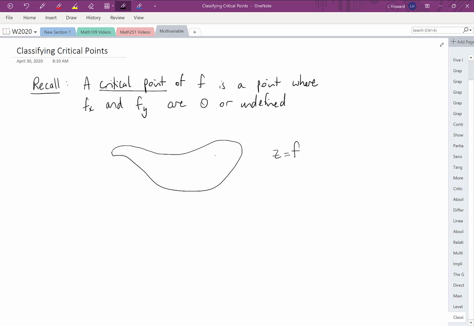And suppose that we've found some critical points. So some of the critical points that we found might look like, say, that point there, maybe this point right here. So remember that we talked about the different types of critical points a little bit earlier in this video series when we talked about critical points. So some of the types are local maximum, where you've got a point that's higher than the surrounding points. You could have a local minimum, where your point is lower than the surrounding points, or you could have this sort of saddle point,